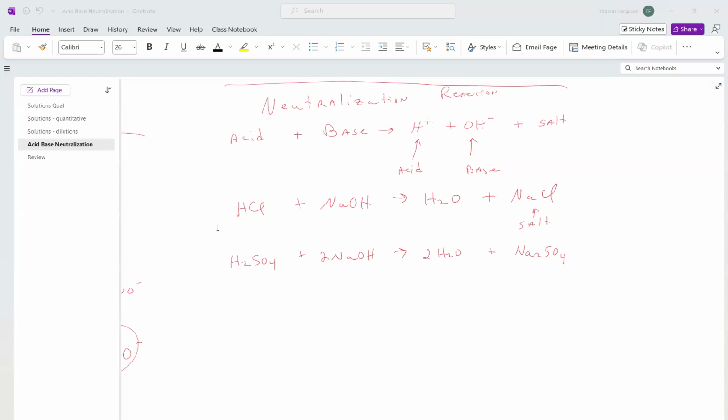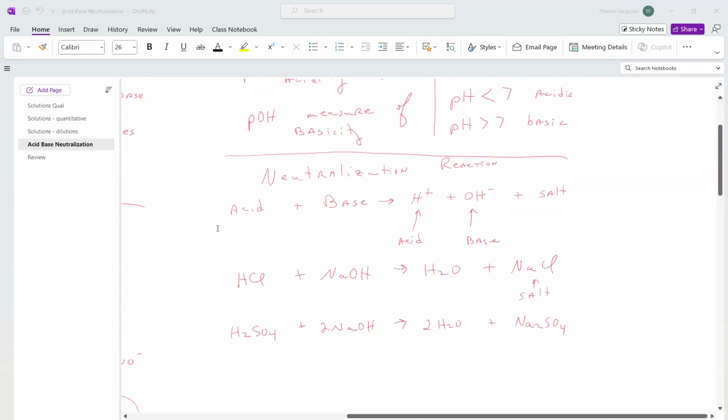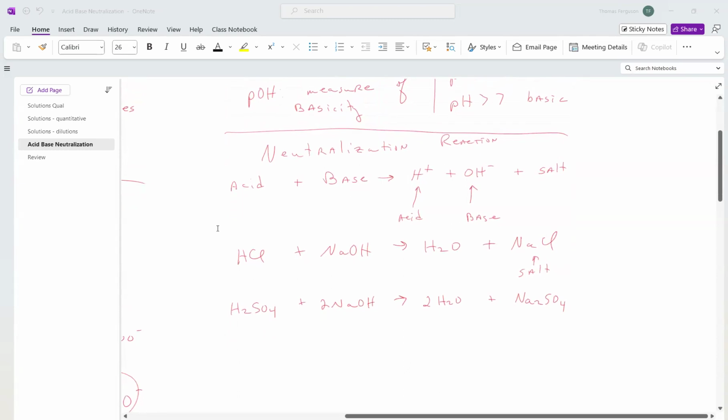So yesterday, we ended with the concept of the neutralization reaction. Neutralization immediately implies there's an acid and a base coming together, producing water and the resulting salt. Okay, so what we're going to be doing today